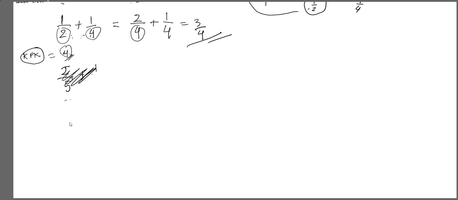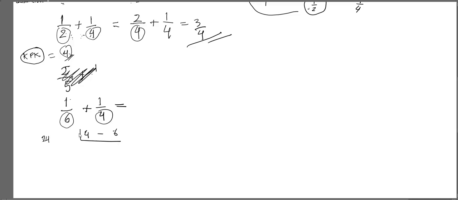Let's say we have 1 per 6 plus 1 per 4. So we have to find the KPK of both, the least number that can be divided by those two numbers. It is 24. Or if I explain it, maybe you can divide like this: 4 and 6